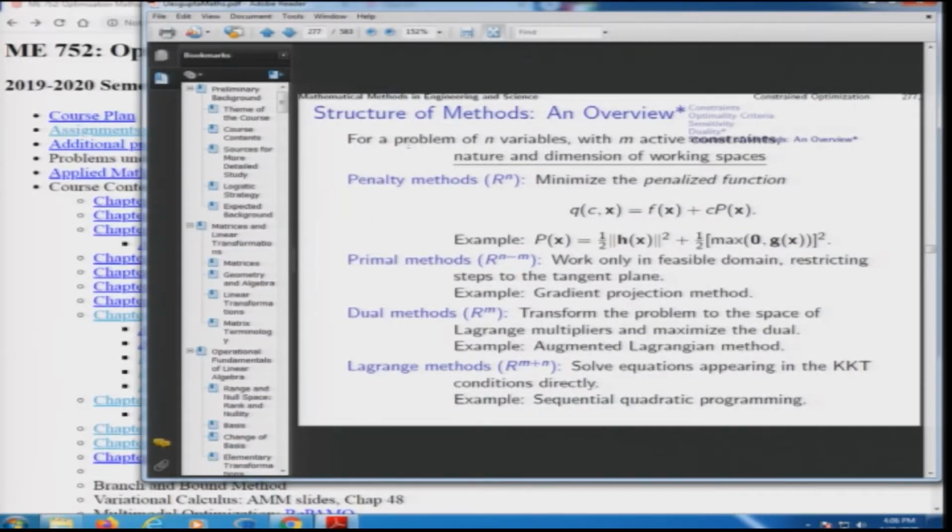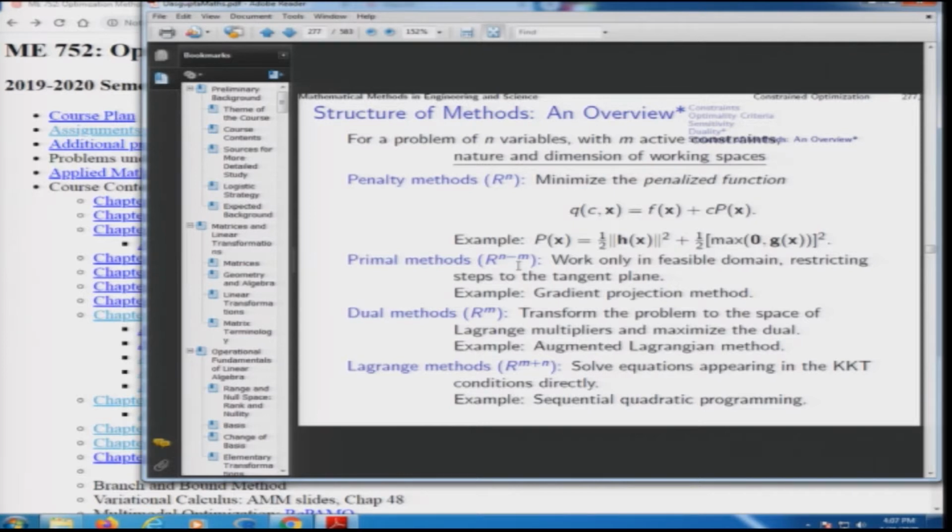Okay. So, in the 4 families of methods to solve constraint optimization problems, we have covered 2 penalty methods, making the main search in the space of x variable, the primal variables. The second one was primal methods, in which the main search is made in the feasible space, which means a space of n minus m dimensions,